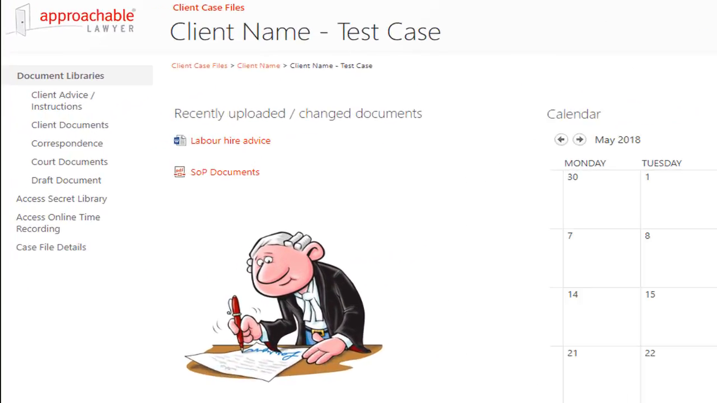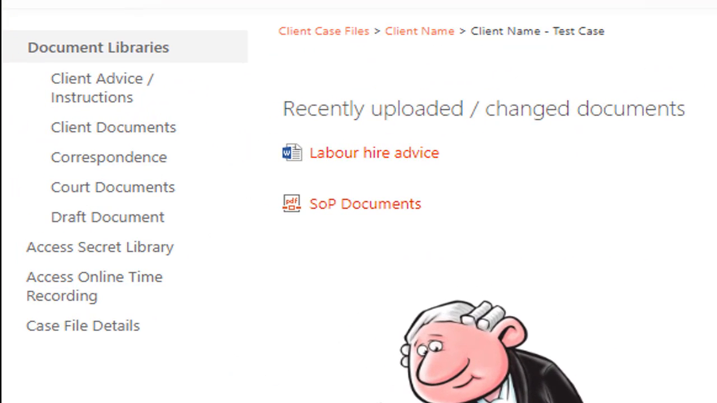The case file portal also has a navigation pane to the left, but with different document libraries. Client advice instructions. These are the instructions you give us or the advice or opinions that we give you. Client documents. These are the documents you provide us relating to the case file. Correspondence. These are the letters and emails with third parties relating to your case file. Court documents. These are the court documents relating to your case file. And finally, draft documents. These are the draft documents which we either prepare for you to use or use for